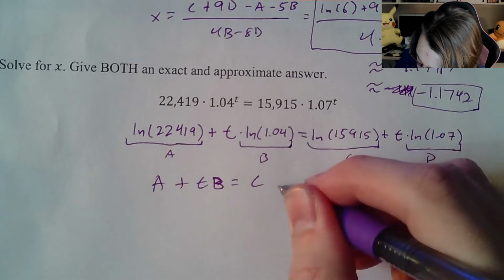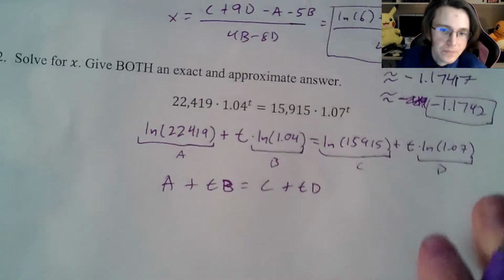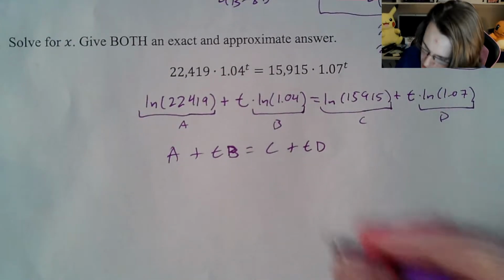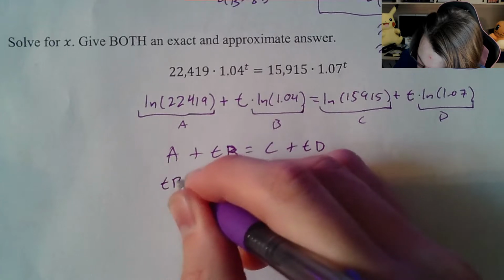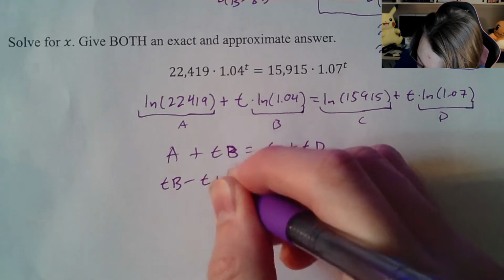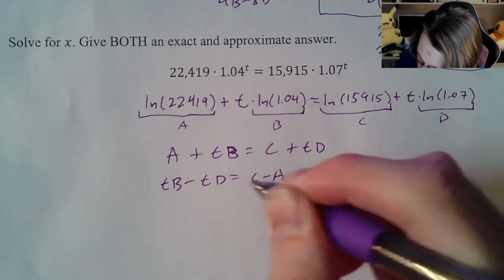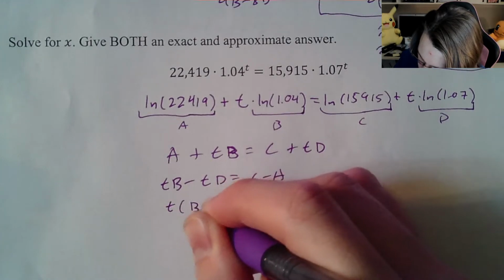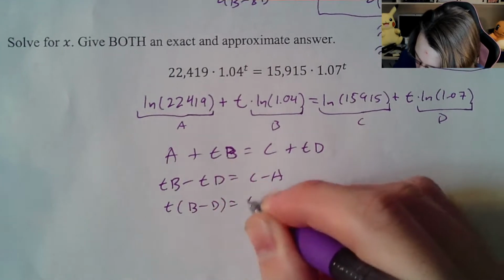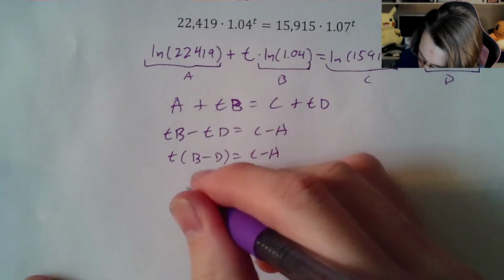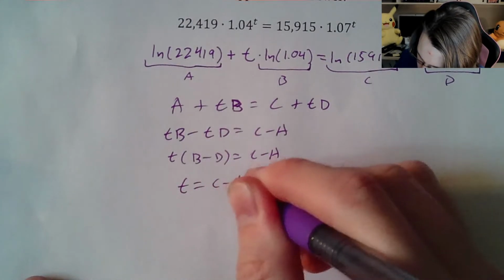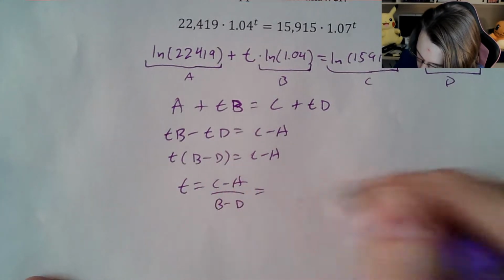TB equals C plus, now it's TD. Okay. All the T's to the left, all the not T's to the right. So TB minus TD equals C minus A. Factor out that T, equals C minus A. And finally, T is equal to C minus A over B minus D, which is C